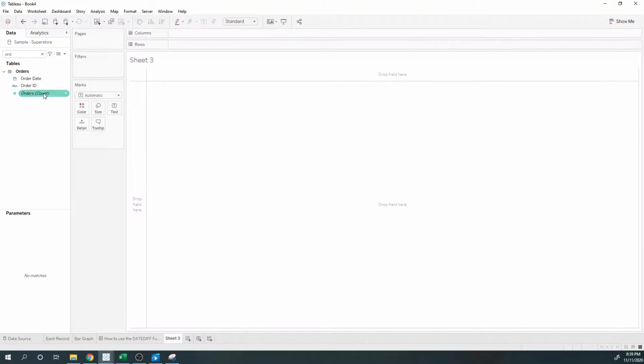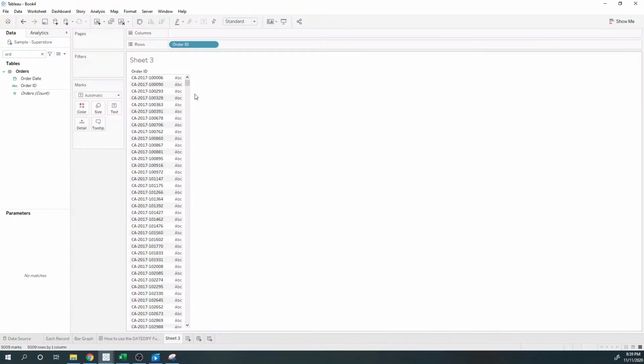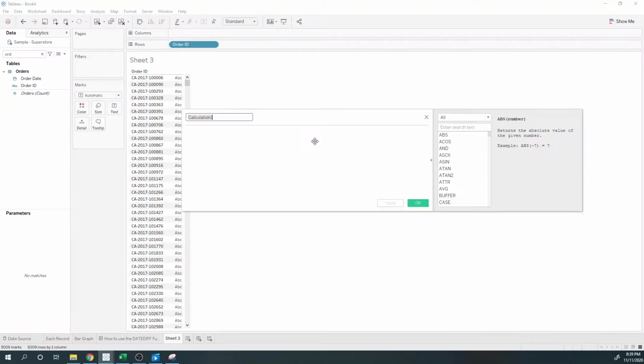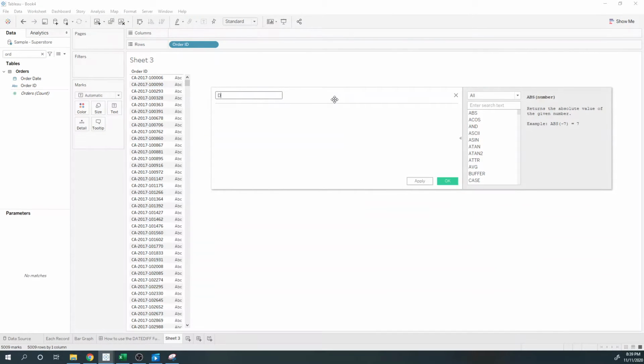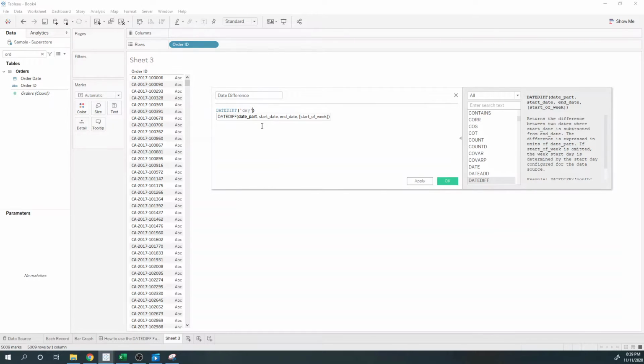Here's what we'll need. Bring in order date and create a calculated field. I'm going to call this date difference, and it's simply DATEDIFF day, start date and end date, so order date and ship date. Okay,